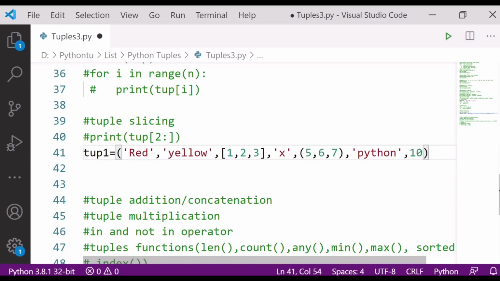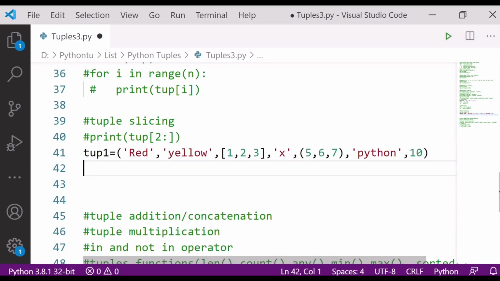Now what I want to do is get the values from 2 to 3. Now you can see here, this is at 0th, 1, this is at second place, third, fourth and fifth, and then sixth. So let's check how to find the value. If I write here tuple 1, then 2 to 4.